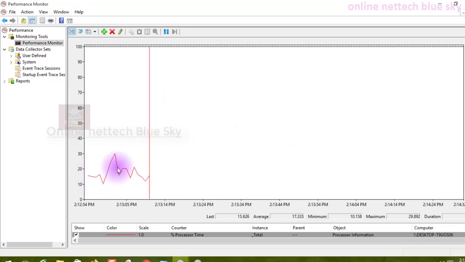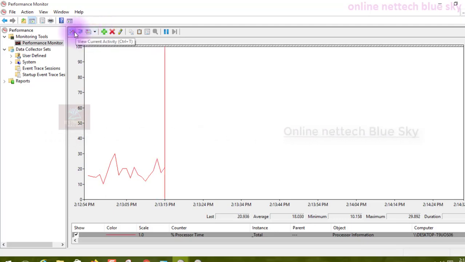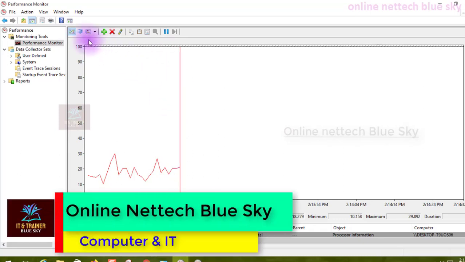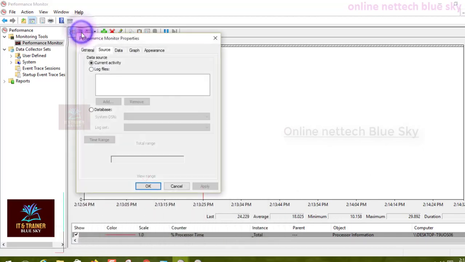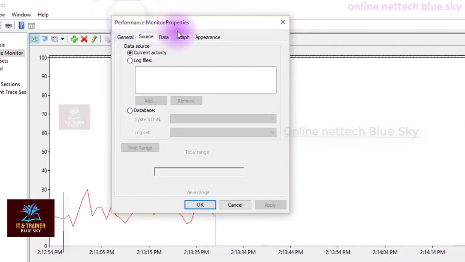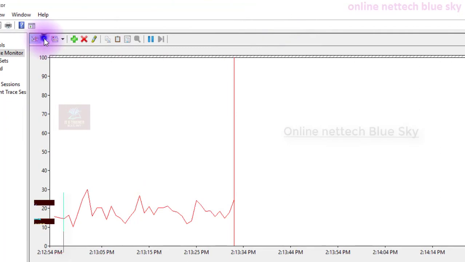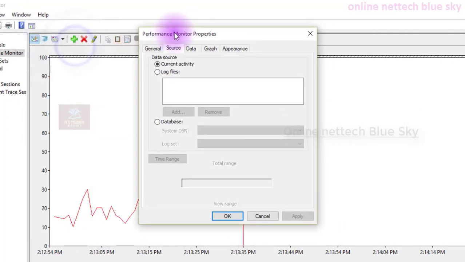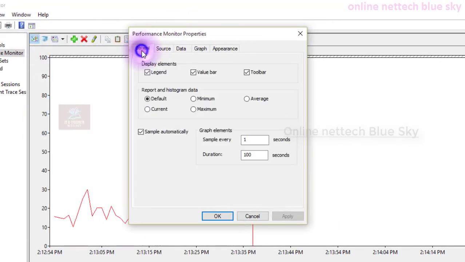Okay, on the left side you can view current activity. So this is the view of current activity in my computer, and you can see here this is View Log Data. Click on it, and you can see the log data view.